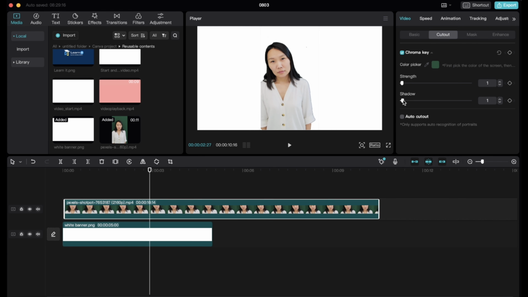I'll click on this and then I'll go over and select the color green. This will remove the color green. I have a few settings over here to fine tune how it looks. Now I think this looks pretty good, and there it is. Look at that. I am now overlaying this with another video clip. For the best result, you will want to make sure that your green screen is evenly lit.